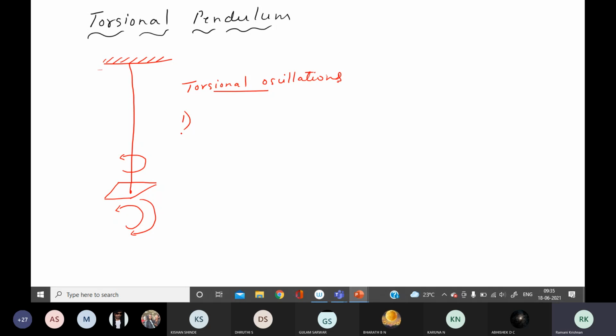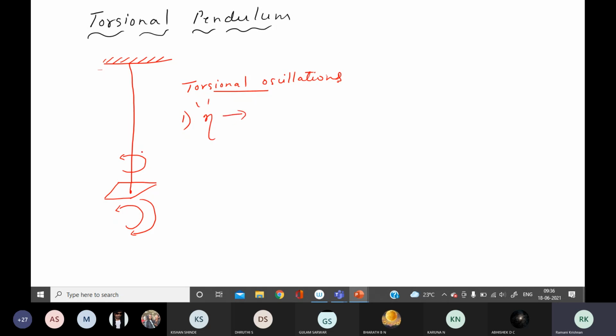Okay, students, so this arrangement. What is torsion of this pendulum? Torsion means the body is fixed at one end. Now we are taking a wire, which is also cylindrical, and to give a twist, we have fixed a rigid body at the lower end. We twist it and leave it. It is called the torsion, the arrangement is called the torsional pendulum, and the oscillations produced are called torsional oscillations. In this experiment, we can find 2 things.